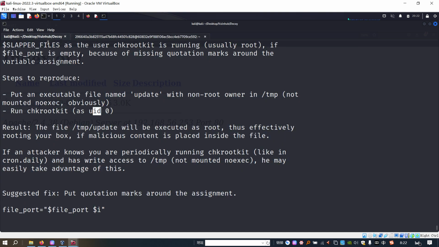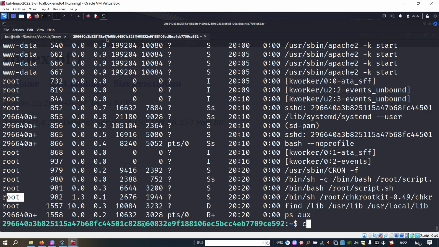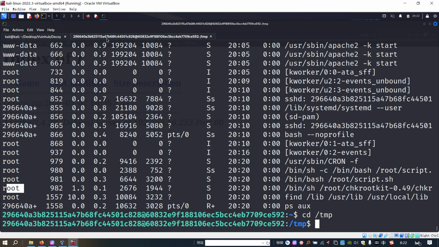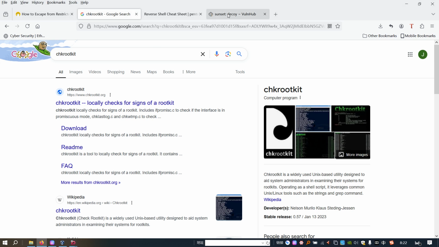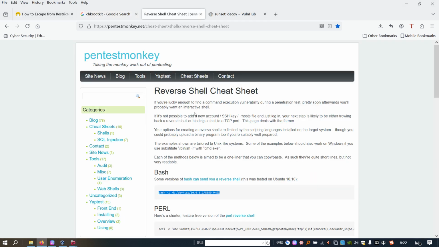Okay, so what we have to do now is put an executable file, and of course we must use this name, update. Let me show you in practice. We can go to the temp directory, because here we can do almost everything. We can upload a file, we can create a file. I think we can create the reverse shell command, and you can get it from the PenTestMonkey website.